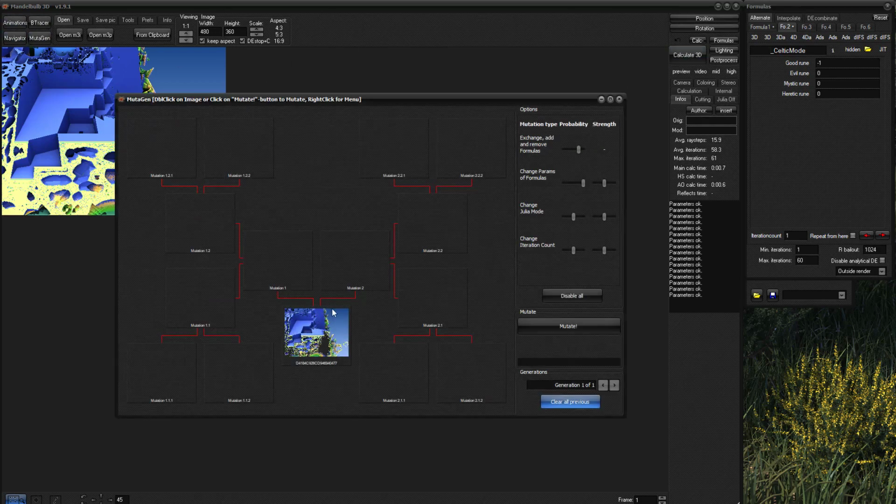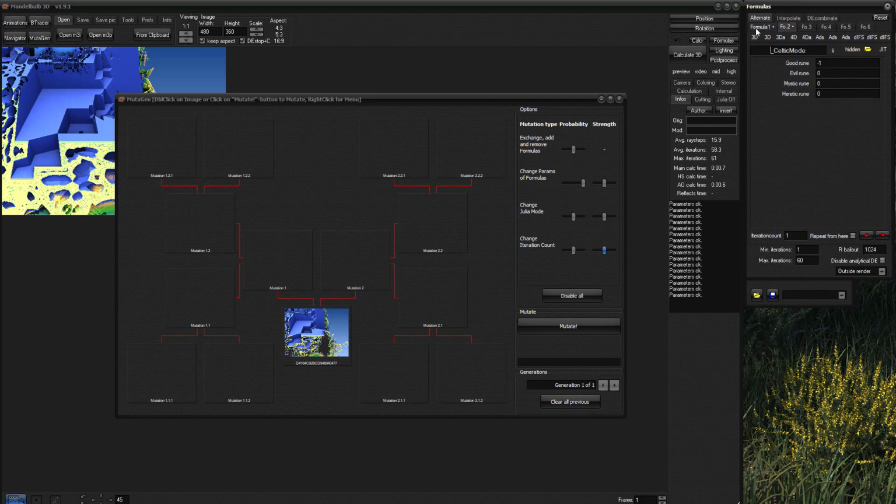Put this slider all the way to this side, because if you are maybe there, it will exchange, add or remove formula. That means for formula 1, when you click mutate, it will exchange, add or remove. That means maybe it will remove this formula, but we want to keep the formula that we have here.